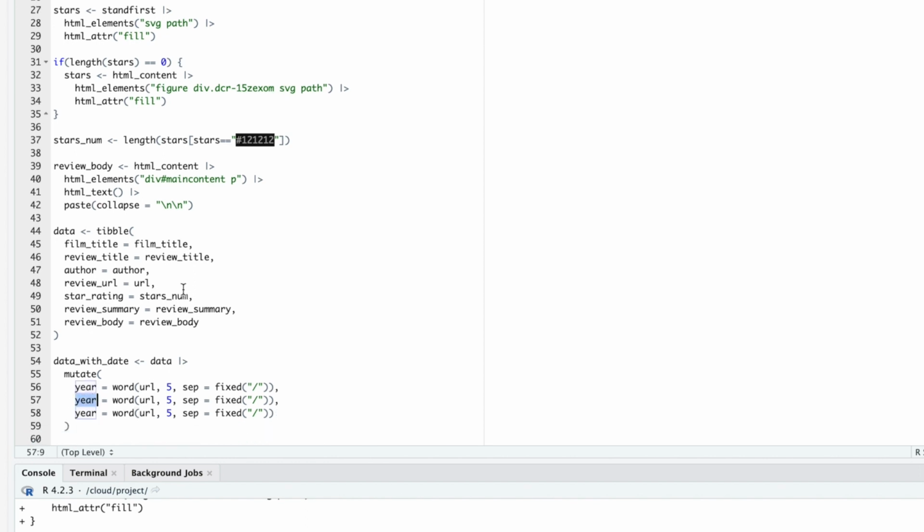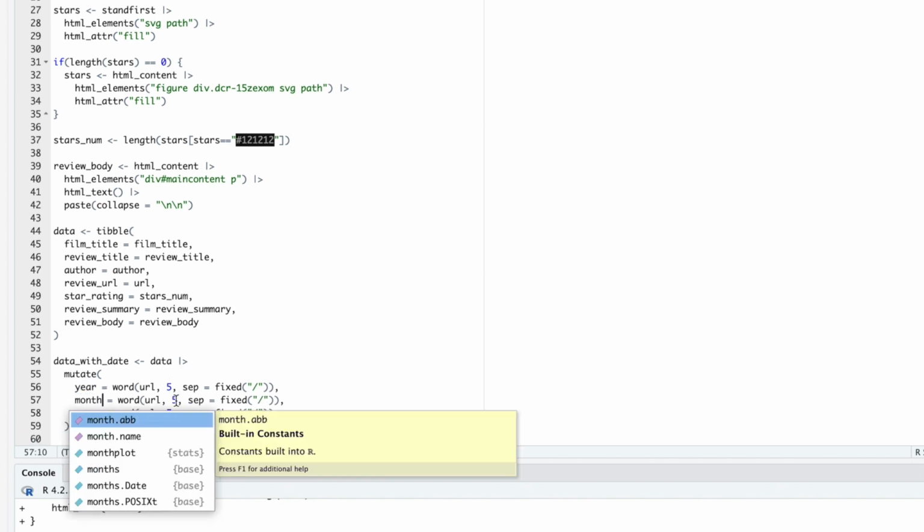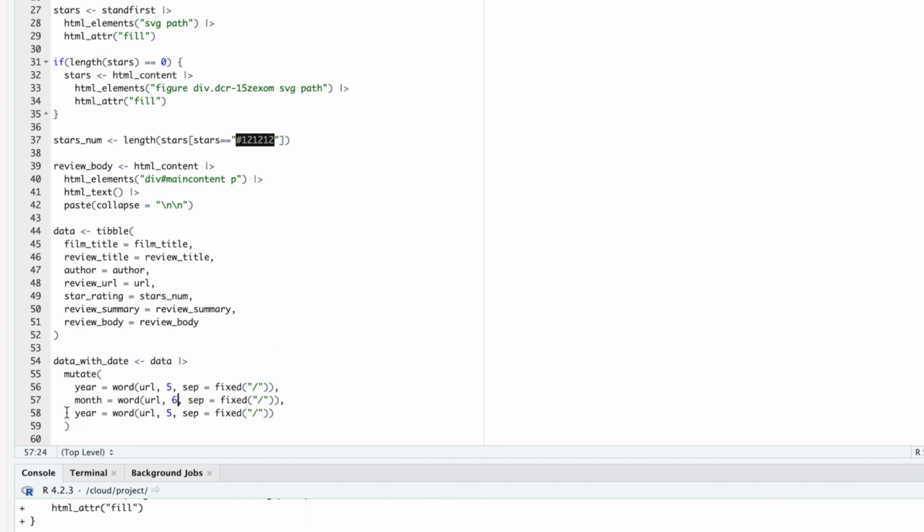But instead of year, that is going to be month, and that is going to be the 6th word, and then that is going to be day, and that is going to be the 7th word. So I've got the year, I've got the month, I've got the day, and from this I can form a